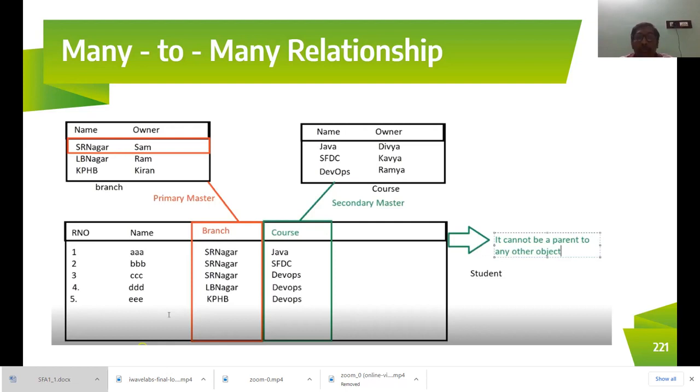Now when it comes to the student object, students are going to join in these branches and they're going to select a particular course. So see here, in the student object, a student called AAA is going to join in SR Nagar and he is going to take a course called Java. Then the student called BBB